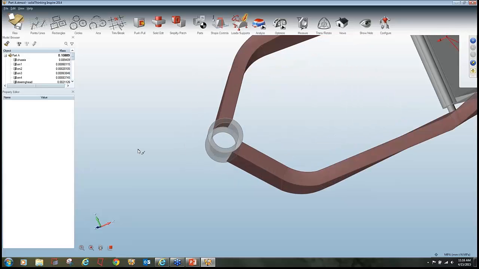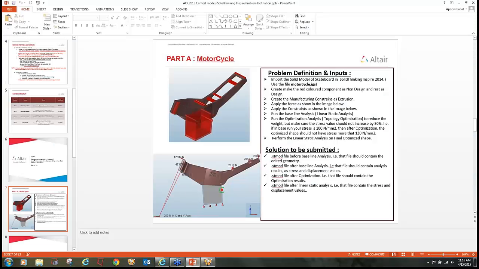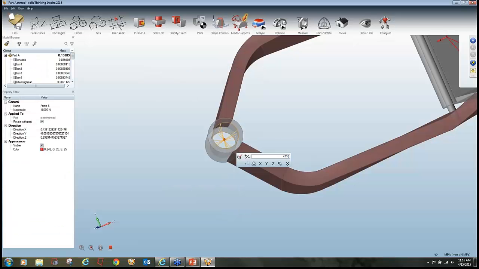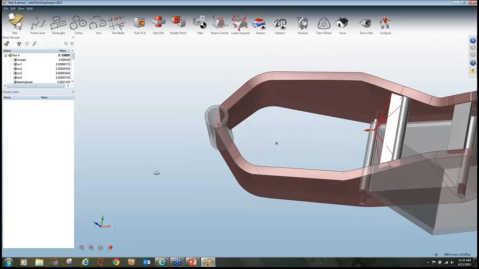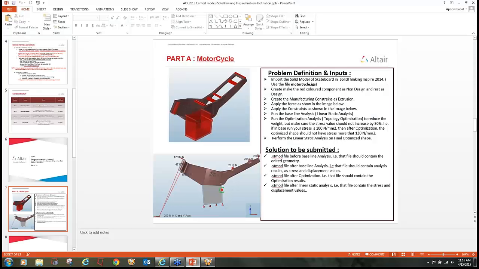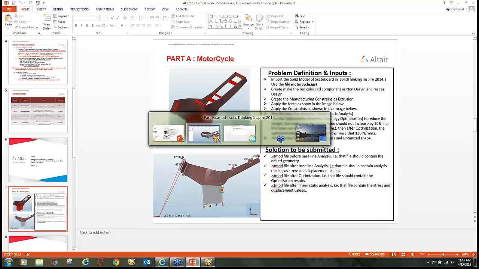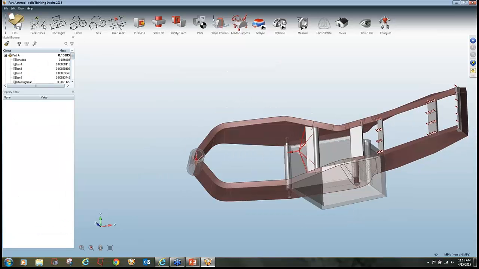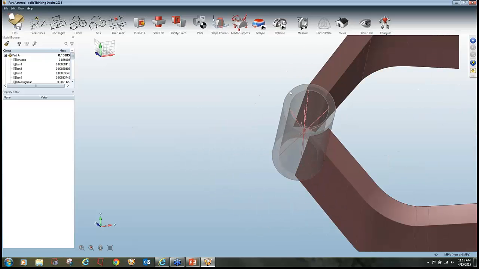So a force of 4710 on this area, and an opposite direction force at the top, at the bottom. So I will create one more point,